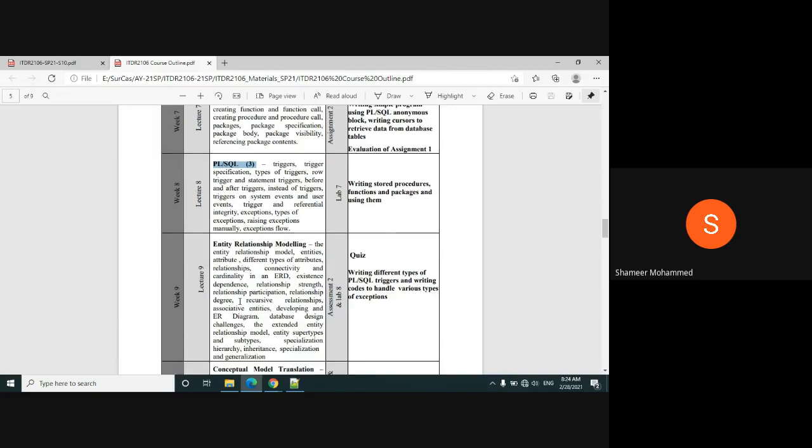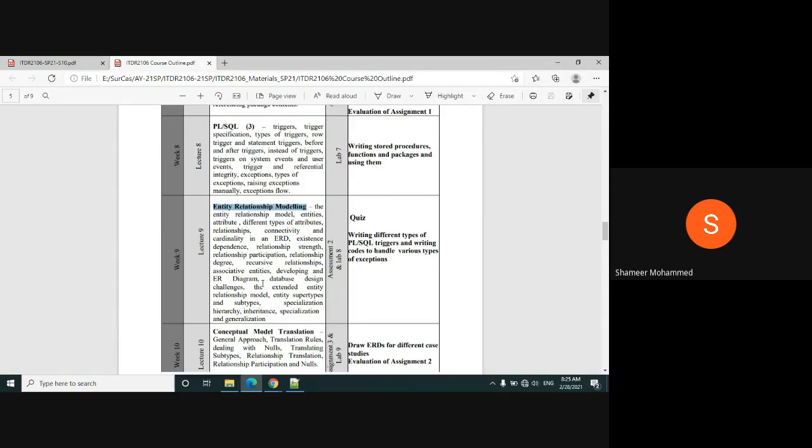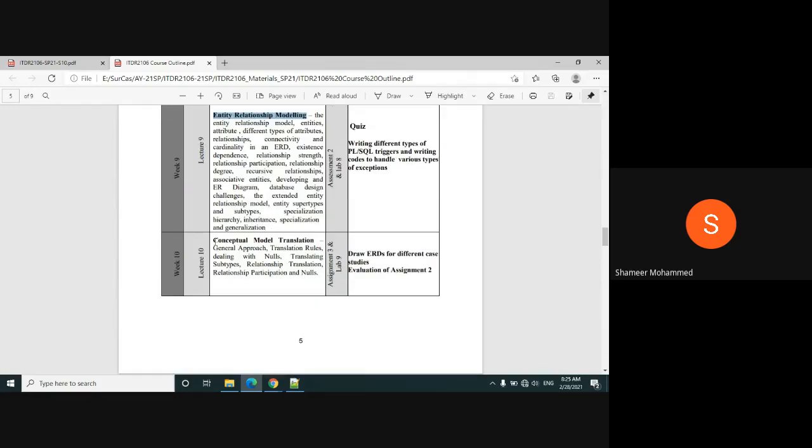Then we move on to lecture 9, where you learn about relationship modeling, creating the entity, which is known as ERD. Entity relationship modeling techniques you will learn here. Based on that, you have the assignments, etc. Then lecture 10, conceptual model translation.